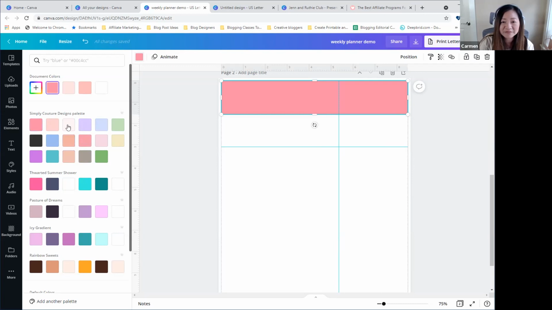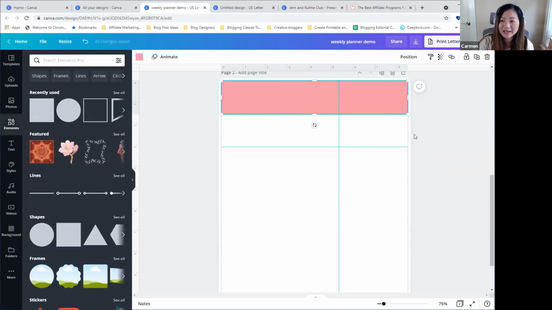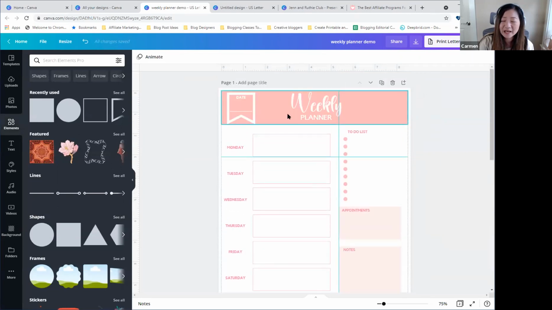If you have a free account, I believe you only have like 3 or 4 colors that you can save, but with the Pro account, you can save a lot of different palettes. You can create as many as you want for different types of design, and you can set up such that all of my pages are going to use this color palette, and you can easily create them in Canva. You can import them onto your created palette here. But let's say I already know my color. I want to use a color such as maybe this one, so I pick it, and then the next thing I'm going to add